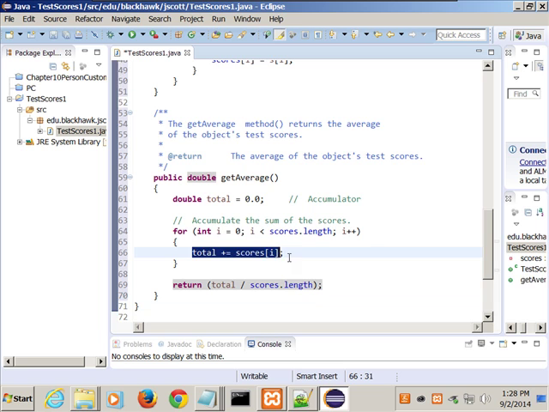This line right here, this is a shortcut for saying total equals total plus scores sub i.